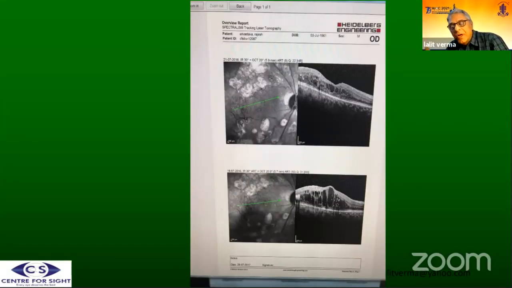So here is a patient who has had multiple injections of anti-VEGF, lasered also, doing reasonably well, maintaining 6/9 vision. So there's no need to make it bone dry. All these cysts, all the fluid, it need not be made bone dry. If the patient is maintaining 6/9 or 6/6 on this kind of regimen, I will hold on. I will not re-inject, especially if the OCT is stable during follow-up.